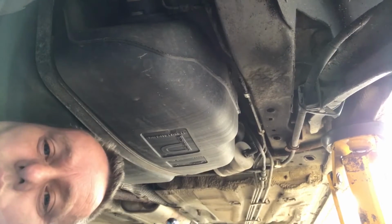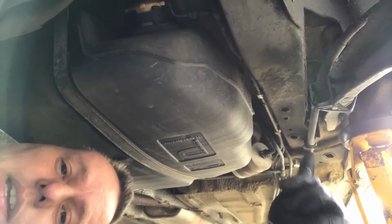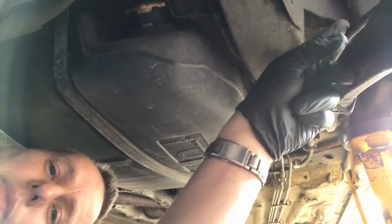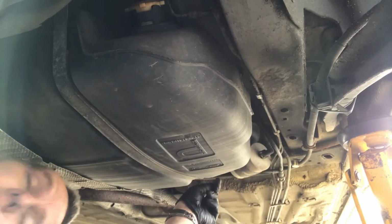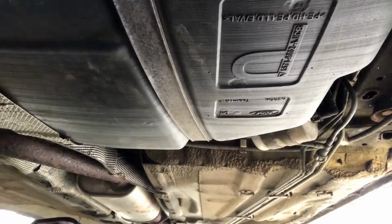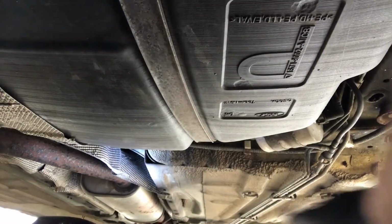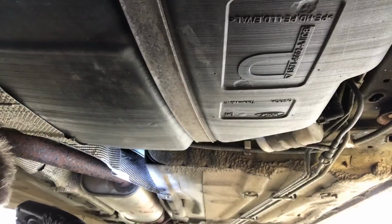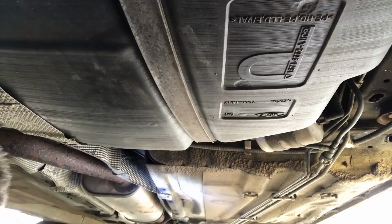Okay, come and join me under the car. What have we got here? We've got handbrake cable coming from the caliper down the side, across the back. Oh, it's tight under here. Should have had this on my pit really. There you go. Now I've took the wheel off. I'm stuck. I wasn't expecting to take this off. Right, so then it goes along and down the side of the exhaust heat shield. So I've got to take the heat shield off the exhaust to get access to the back of that cable